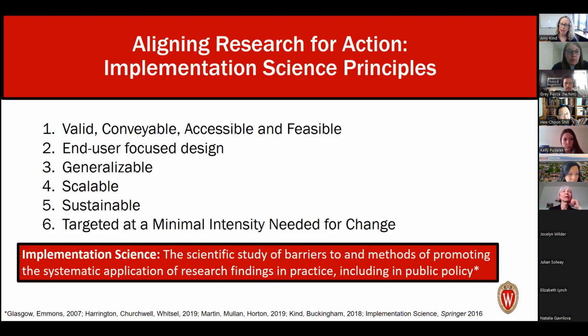Of course, the intervention has to be scalable and sustainable, and ideally targeted at a minimum intensity needed for change. So this idea of something very complicated is something that academics often like, and of course I'm generalizing in that, we tend to complicate things all the time. We have beautiful models and fancy math, and these things are beautiful and they're necessary. However, when we're talking about an intervention that's going to flow outside of academia, simplicity is a superpower. Simplicity and the ability to adapt to new settings is critically important and should be embraced whenever possible.